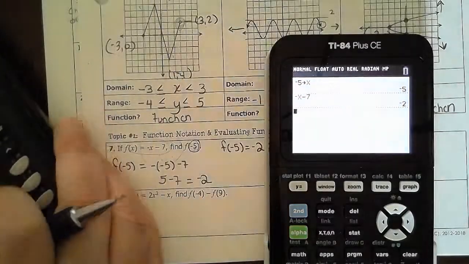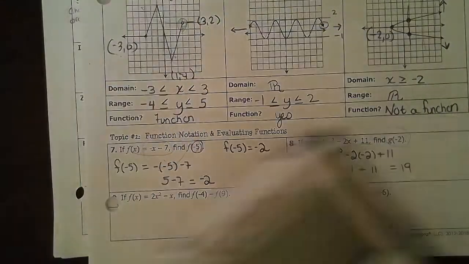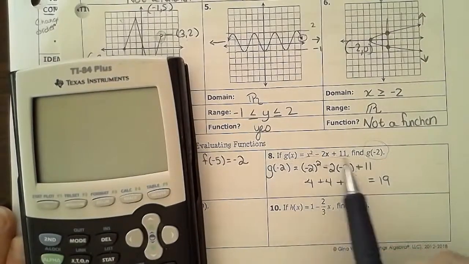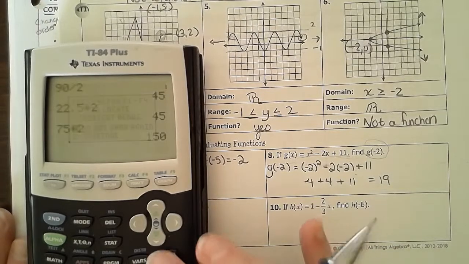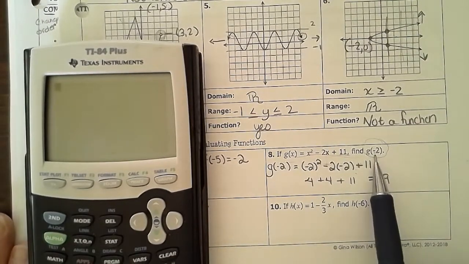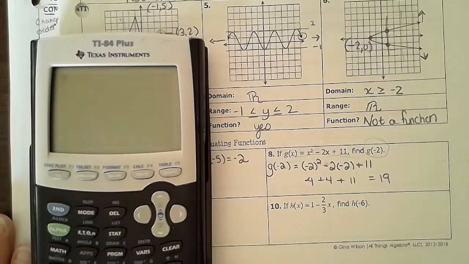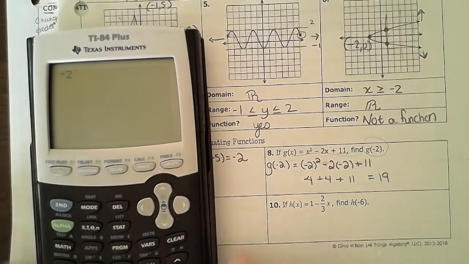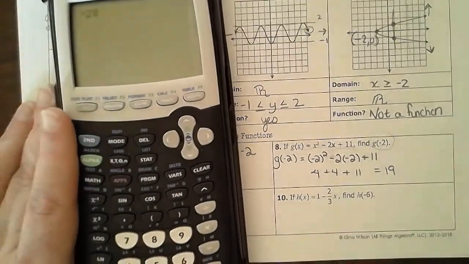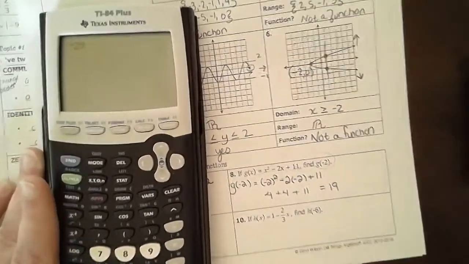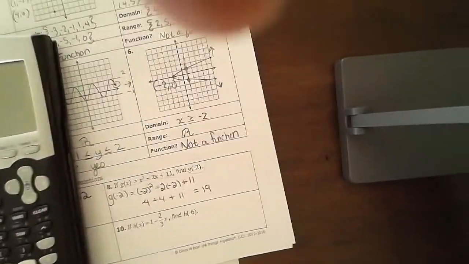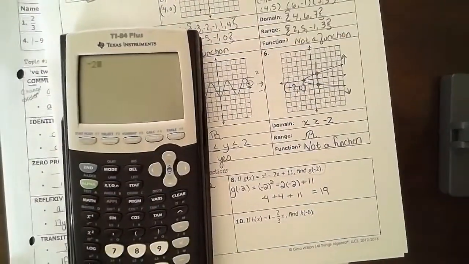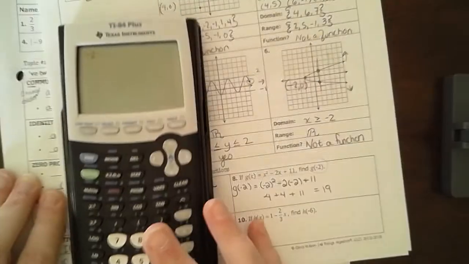Okay, let's try this one. Okay, so let's look at this one right here. So they're telling us, what is the value of this function when x is equal to negative 2? So I'm going to store the value of negative 2 into x. So I do negative 2, and I'm going to zoom out for a second here so you guys can see the buttons that I'm pressing here. Sorry, guys. All right. So I'm going to do negative 2,